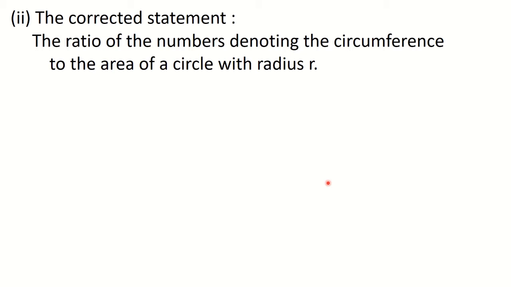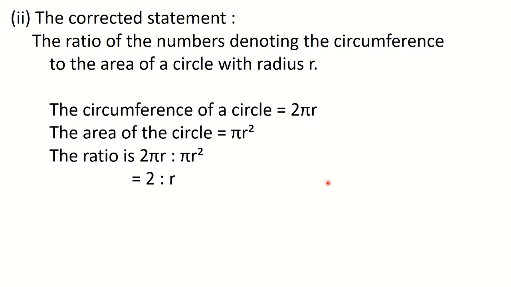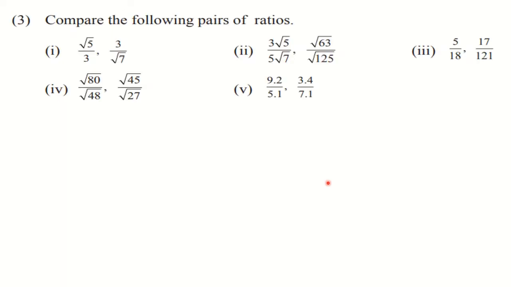Same thing for statements number 3 and 4 also. There also you have perimeter and area, so there also you make a change. This we have already discussed, so I am going further. Just now we have seen the comparison and the three rules to compare ratios. So let us try to understand them. I am taking the first question.